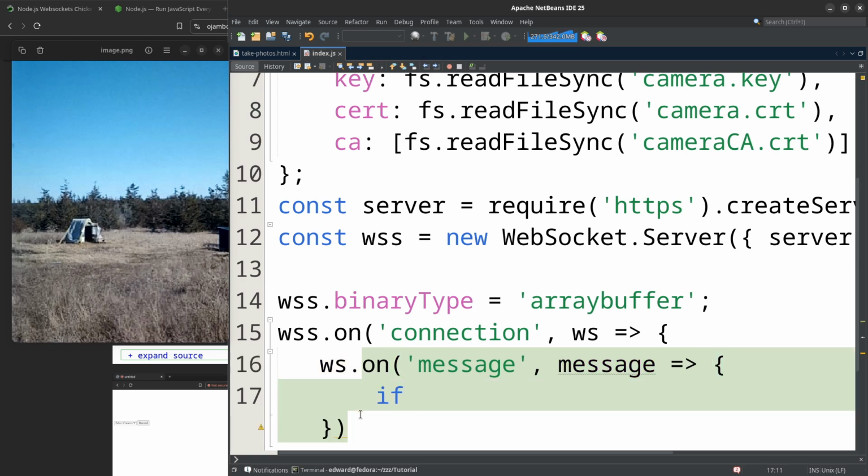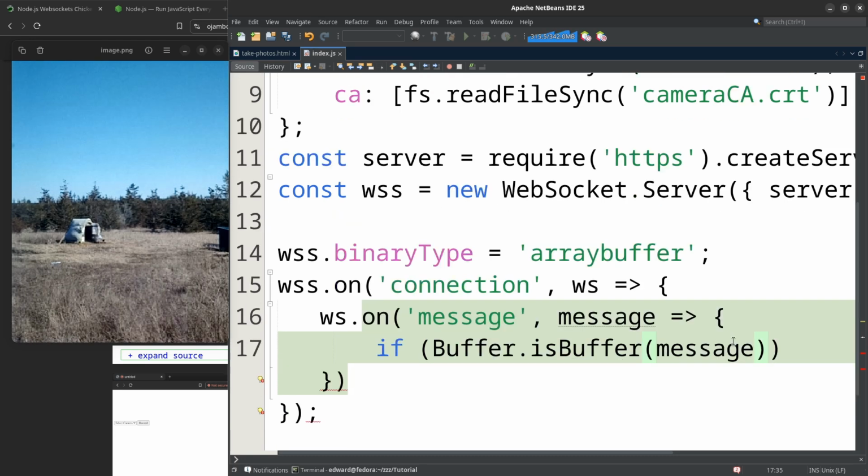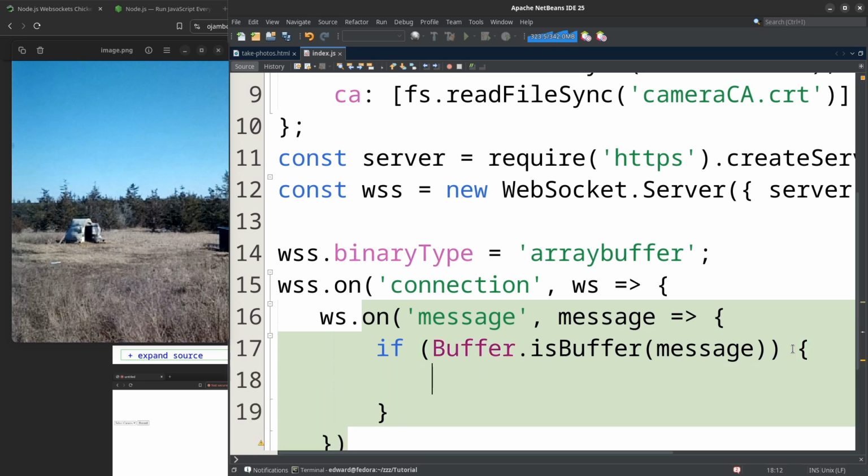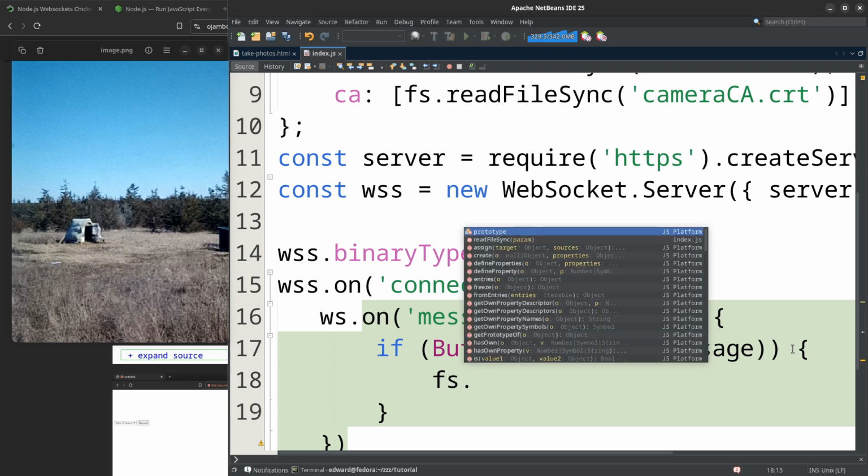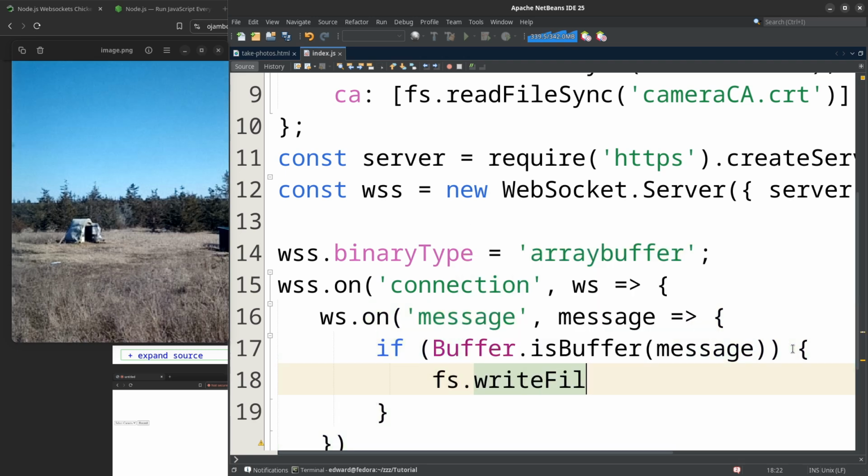Then we say if buffer is buffer message, because it might be a different type of message. In our case, it's always going to be a buffer, but we can't assume that. So then what we'll do is we'll write file to public